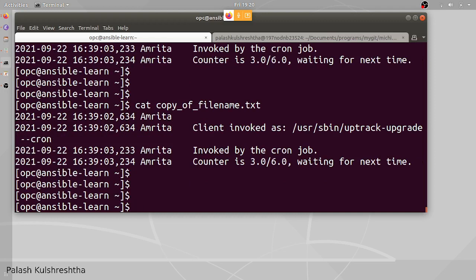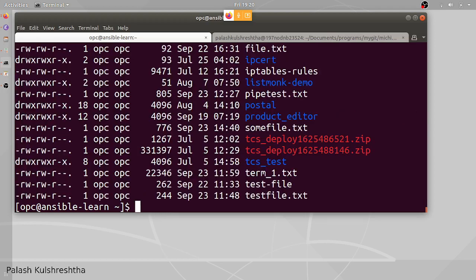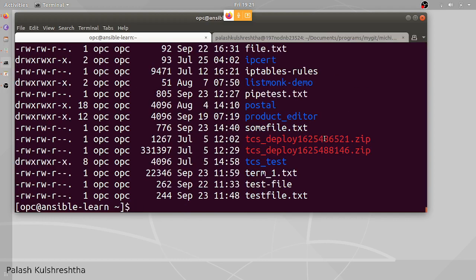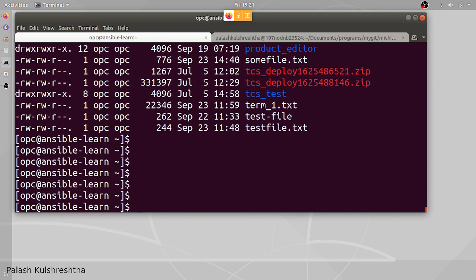Now let's try to see how we move a file. So let's try to see first of all how to make a directory or a folder in Linux. That is one of the most basic commands, done by mkdir. That means make directory. So let's suppose these are all the files and folders present in the current directory. Now let's try to make a new folder with mkdir, make directory, mkdir test learning Linux.